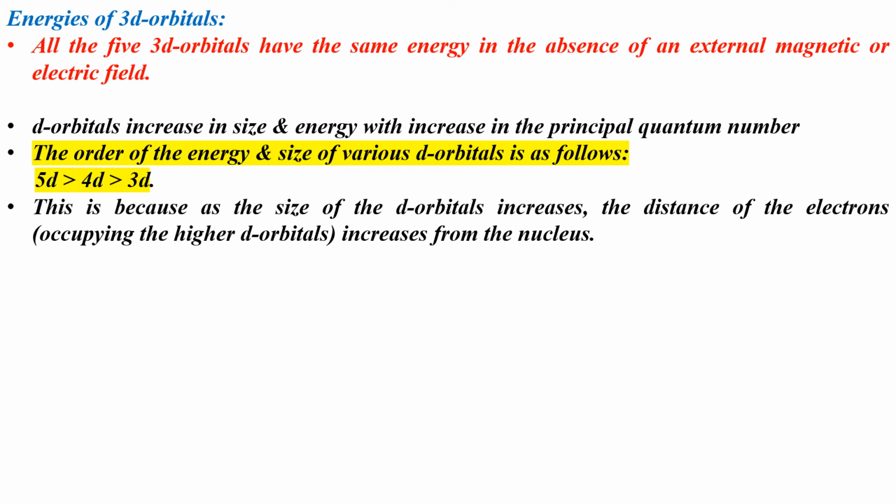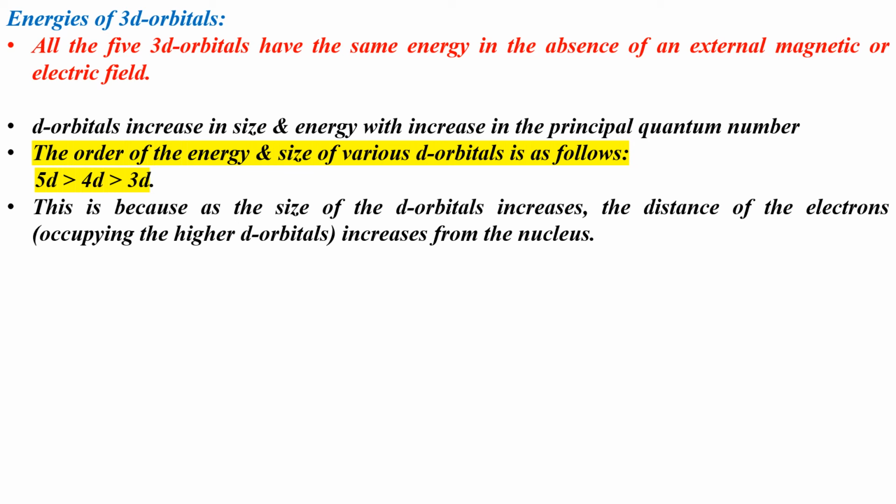Now what about the energy of these d orbitals? What happens to the energy of the various d orbitals with increase in the value of the principal quantum number? It's the same as the trend observed in the case of size of various d orbitals. You can see that the energy of the electrons in 5d orbitals is greater than the energy of electrons in 4d orbital, and the energy of the electrons in 4d orbital is greater than the energy of electrons in 3d